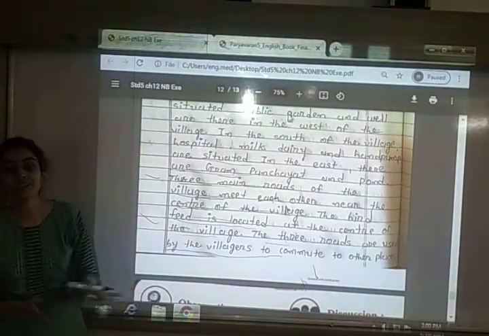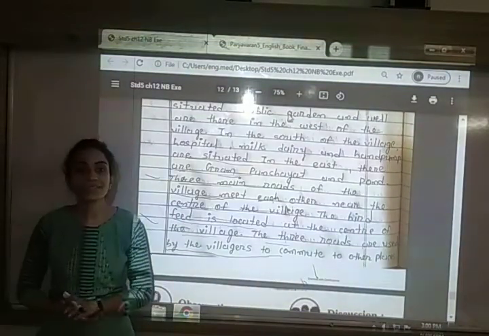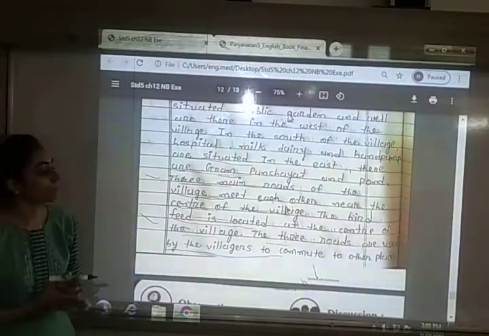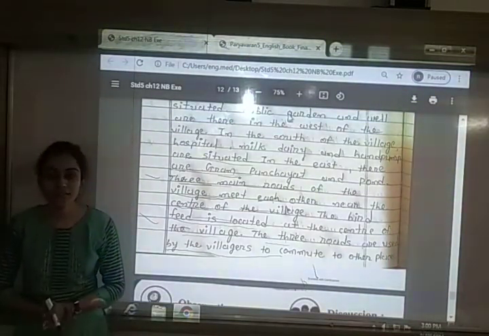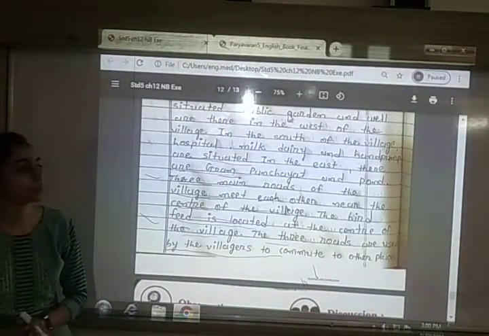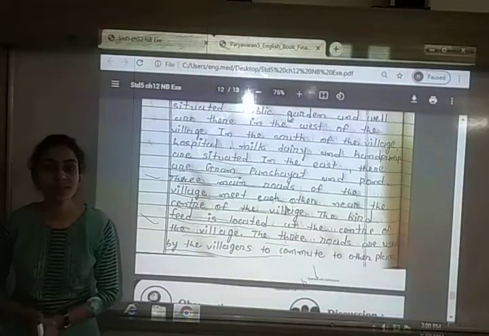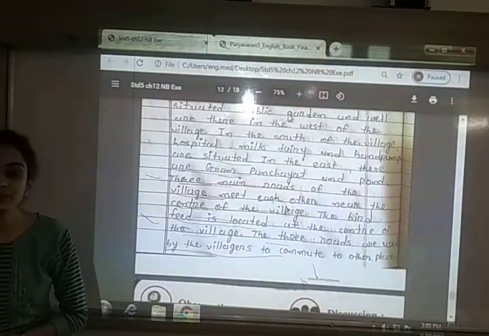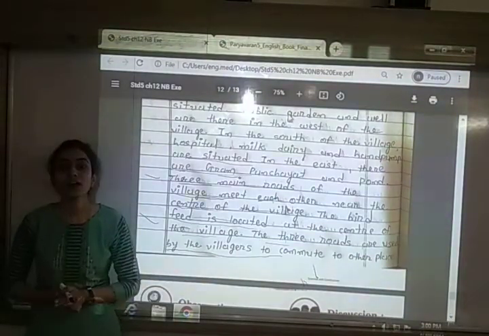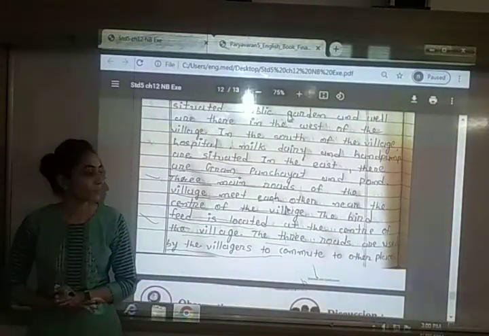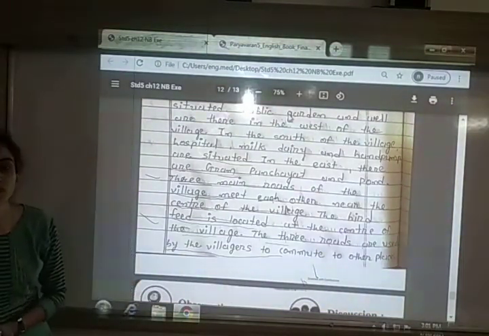So this is what we had observed from the map of Ranpur village. You have to write this in your notebook. Here the exercise for this chapter gets over. You have to write this exercise in your notebook, starting from hard words to question number 6. And one more thing to keep in mind, you have to consider the map which is given in your question paper, not in the PDF, not in the textbook. So our chapter number 12 gets over. In the next video, we'll start our next chapter. Thank you.